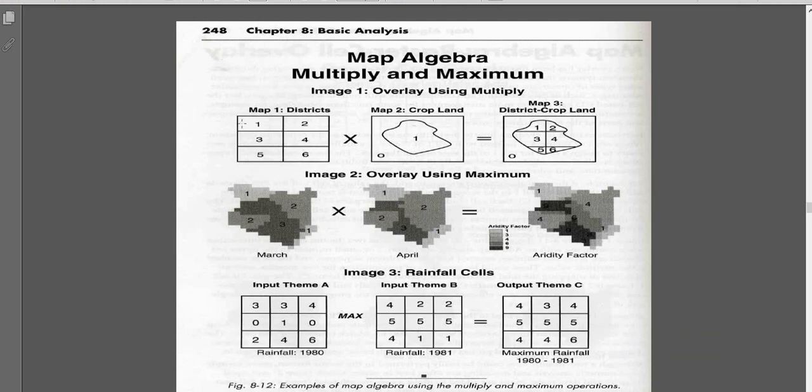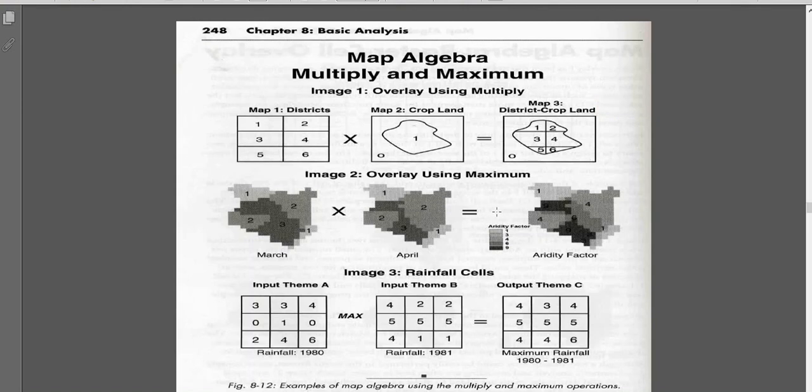You can see these 4 districts and the cropland, you will overlap. You can see the district and cropland, and the remaining will be removed. So these are the operations which you should have a clear concept of, and you should have their commands at your fingertips, in your mind, so that when you just click, you can operate, and you should be able to perform any